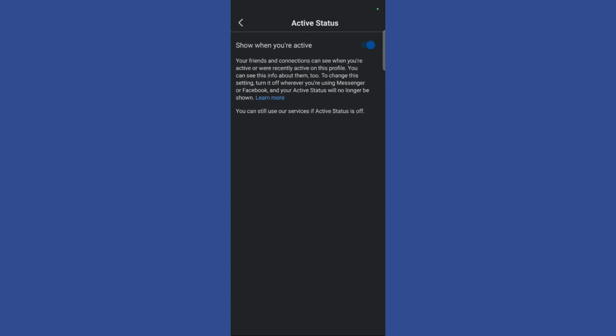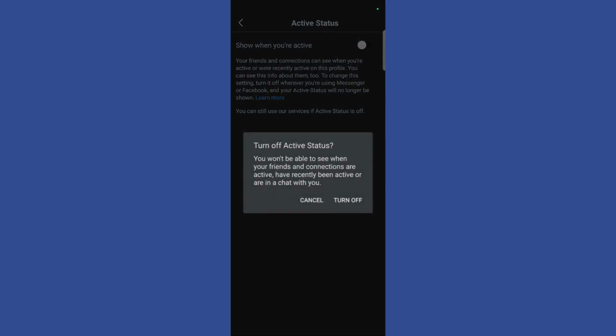So what this does is that your friends and connections can see when you are active or were recently active on this profile. You can see this info about them too. To change this setting, turn it off whenever you are using Messenger or Facebook and your active status will no longer be shown. So what you need to do is simply turn off this toggle right here